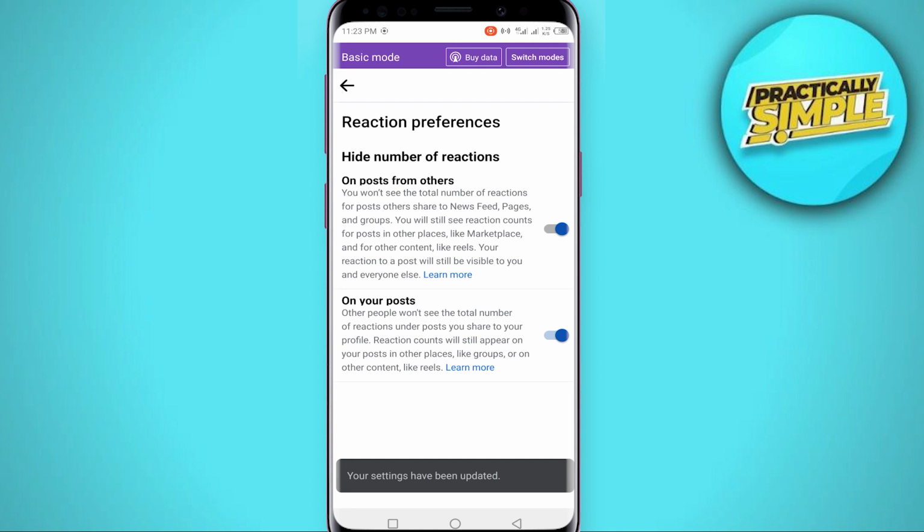which says on your post. Other people won't be able to see the total number of reactions on the post you share to your profile. Reaction counts still appear on other people's posts, such as in groups or other content. So this is the second toggle that you want to turn on if you want Facebook to actually hide